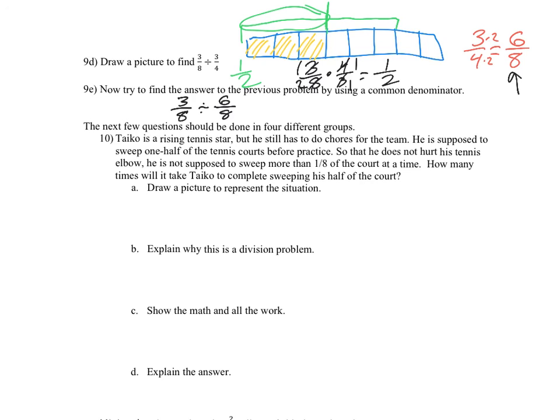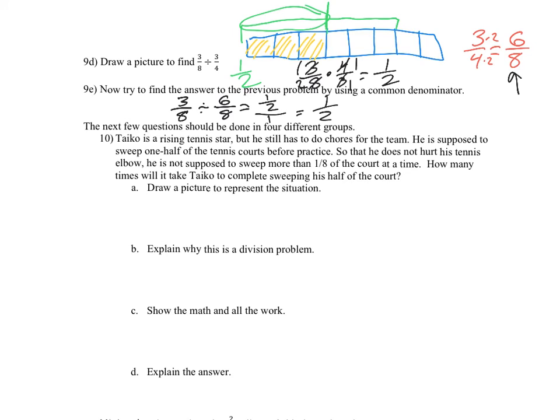And we can divide across here. We're going to do 3 divided by 6. 3 divided by 6 is 1/2. And 8 divided by 8 is 1. So it's going to be 1/2 over 1, which is 1/2. This is another way, another algorithm. So if that's easier for you to get a common denominator when you're doing fractions, then you can